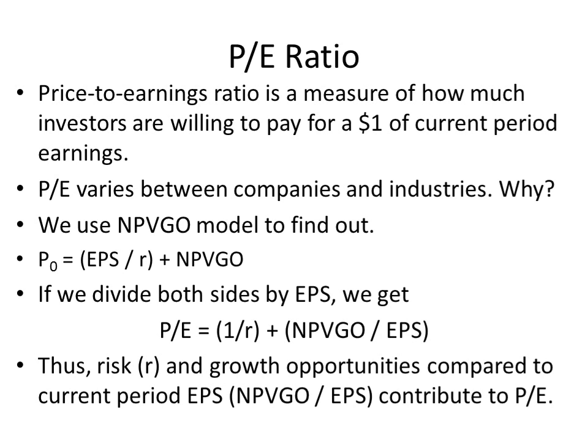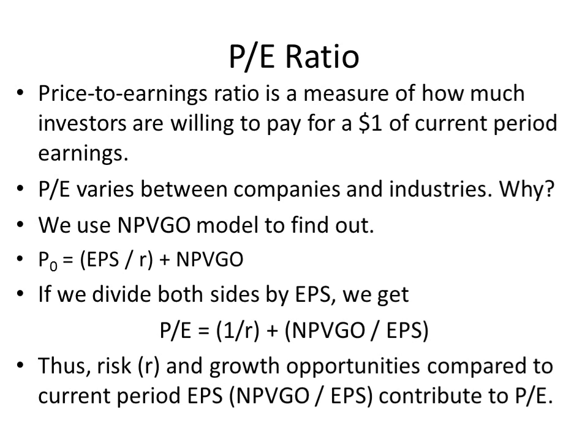So there's the model. P sub 0 is equal to, that's the cash cow value, plus NPV-Go. That's a per share measure. If we divide both sides by earnings per share, what we get on the left-hand side, because that's price per share divided by earnings per share, the per shares cancel out and we get P over E, which is the PE ratio. Then over on the right-hand side, EPS cancels out and we wind up with 1 over R plus